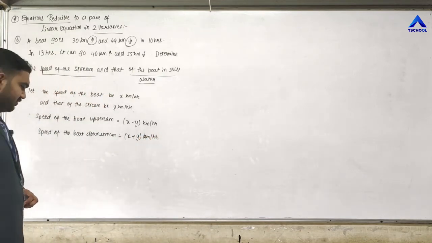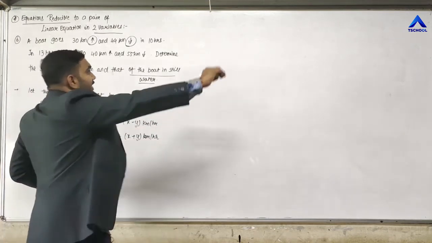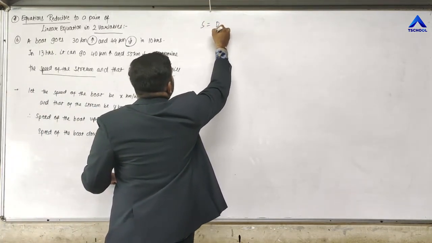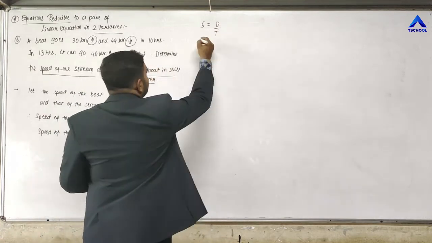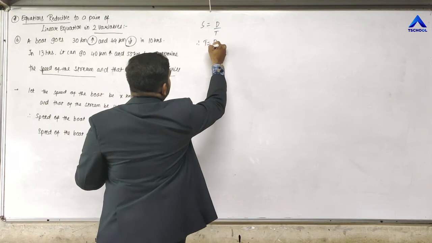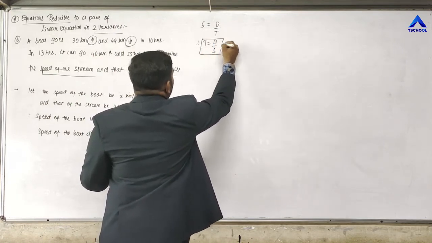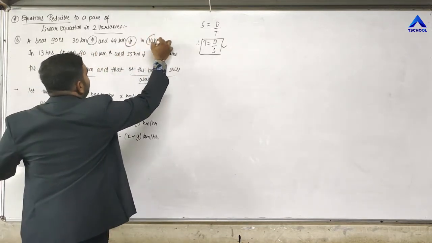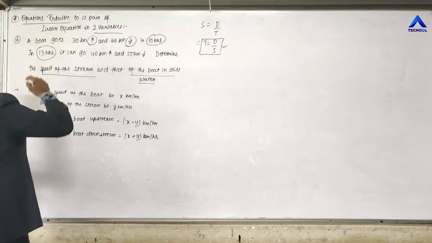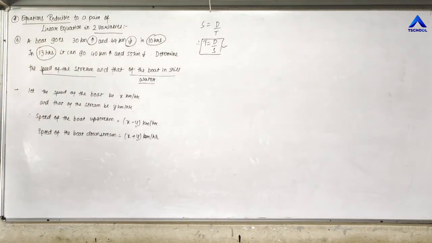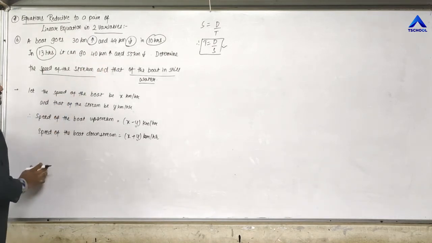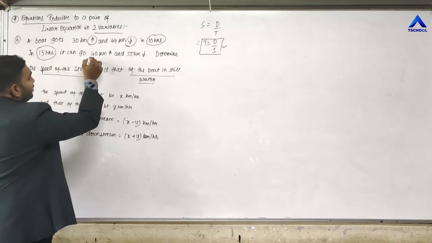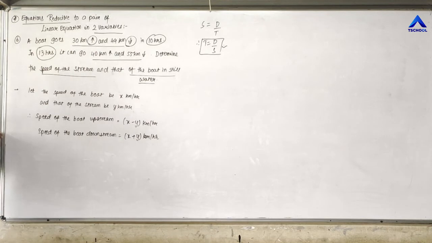Now you already know a concept in physics that we have a relation of speed, that is distance upon time. Speed is equal to distance upon time. So we can say that time is equal to distance upon speed, right? We are not going to use the first one, we are going to use the second one, because in this question we have the time reference, that in 10 hours the boat goes so and so, and in 13 hours the boat goes so and so, right? So time taken is 10 hours in total for the first condition and 13 hours in total for the second condition, right? So we are going to make the equations now as